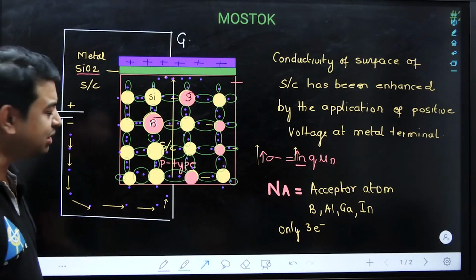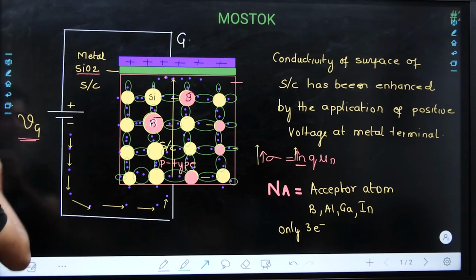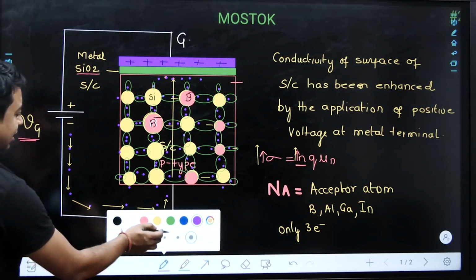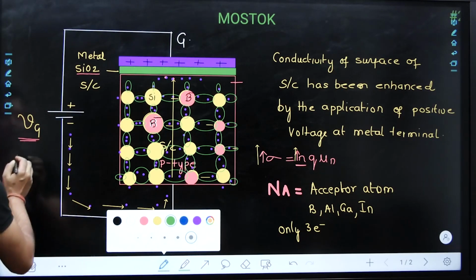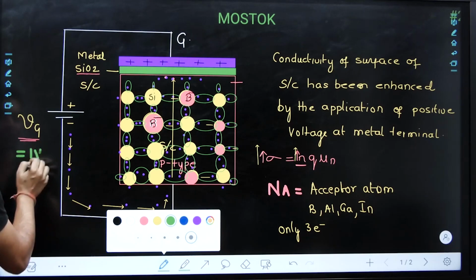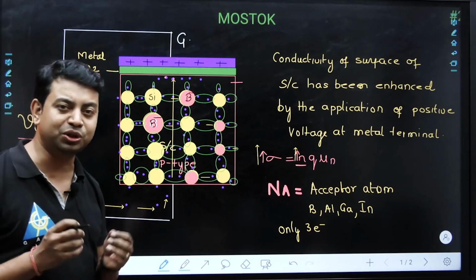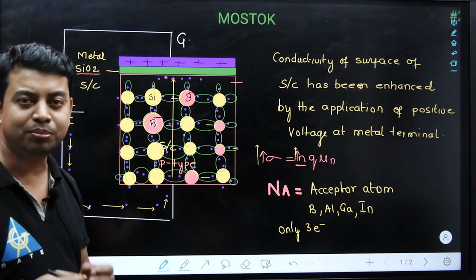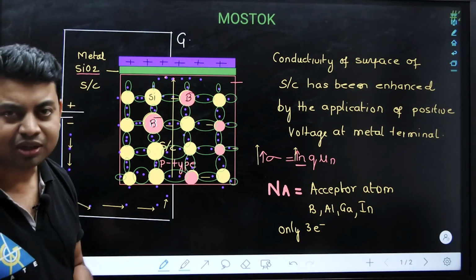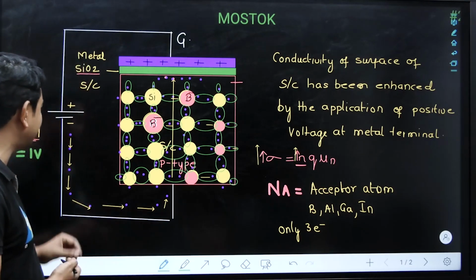But at the time we are supplying a good amount of electrons by increasing the voltage to some specified value, suppose the voltage at which we get a sufficient number of electrons is 1 volt. Because this is a semiconductor, we don't need to talk about so high a voltage as 500 or 600 volt, because the semiconductor will work within 5 volt or 1 or 2 volt. That's why I have written 1 volt.